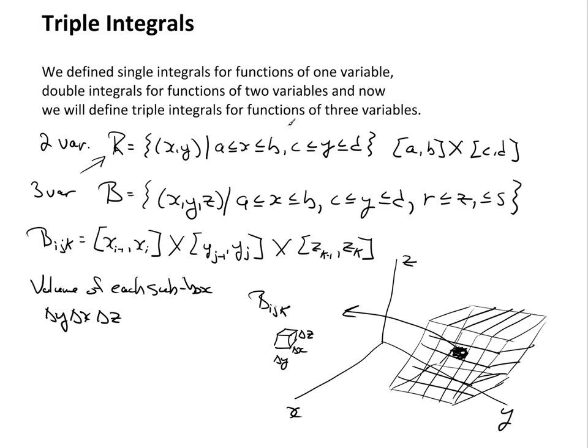So we can estimate the total volume, let's call it V, which is well approximated by the triple sum: the sum i equals 1 to l, the sum j equals 1 to m, the sum k equals 1 to n of f of x i j k, using asterisk notation again, y i j k, and z i j k,